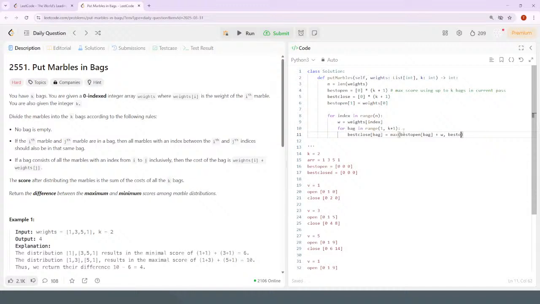Whatever currently there is best closed for one bag. And then the best open for this current bag, let's say this is bag 1,